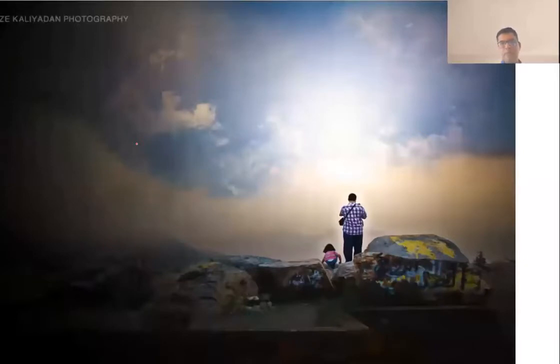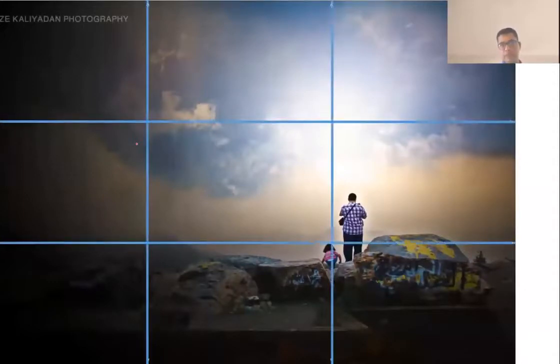And there are some rules which we generally follow in aesthetic photography. So, for example, one of the classical rules is the rule of thirds. So what does it mean? So if you have a frame and you divide it into 9 equal parts with the help of 2 vertical and 2 horizontal parallel lines,